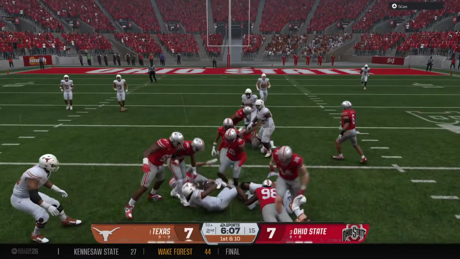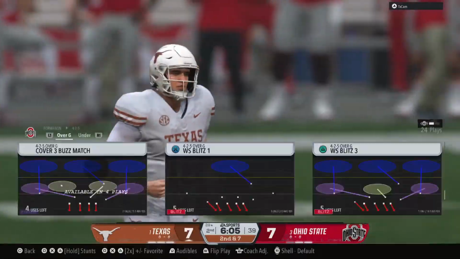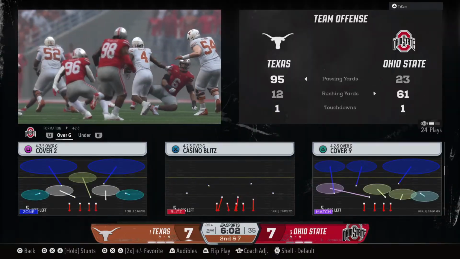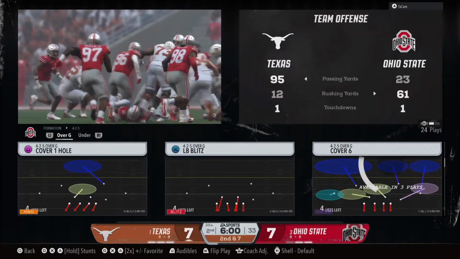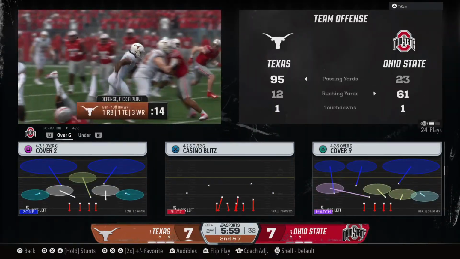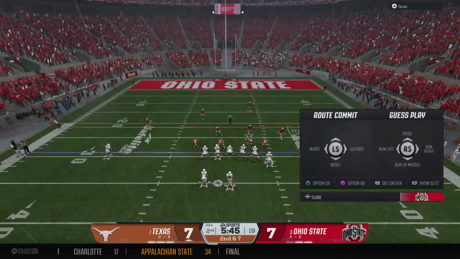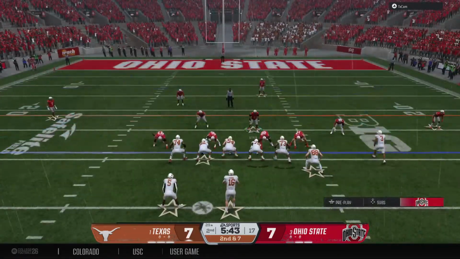Powers through. Good job of the defense to fight through the blocks on that screen. He's short of the first down mark. You can see what the offense is trying to do here with this screen play, but they avoid disaster by at least getting a few positive yards. The defense doing a great job of anticipating the screen here.